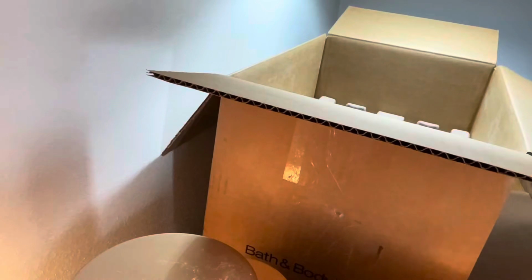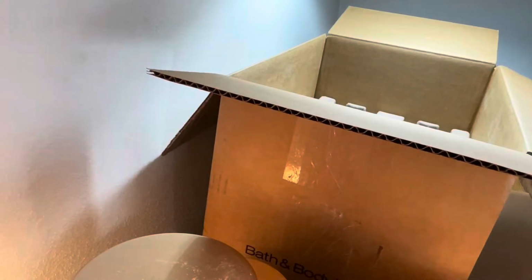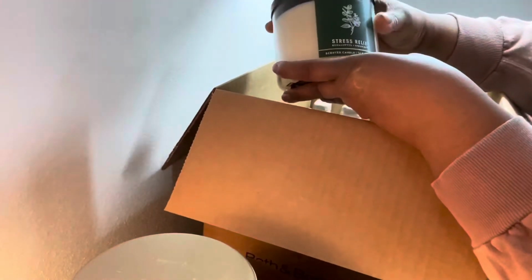Rose water and ivy. Oh. And this one is warm vanilla sugar. Oh, who doesn't love vanilla? Some people don't like vanilla though. And this one is stress relief,